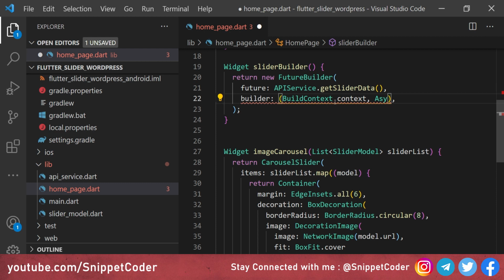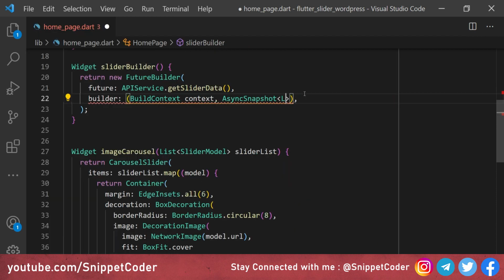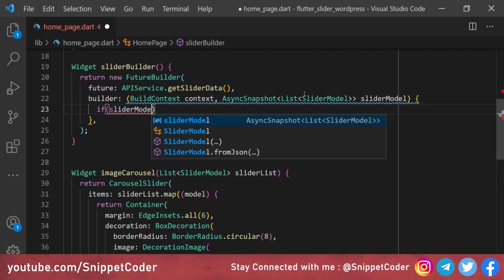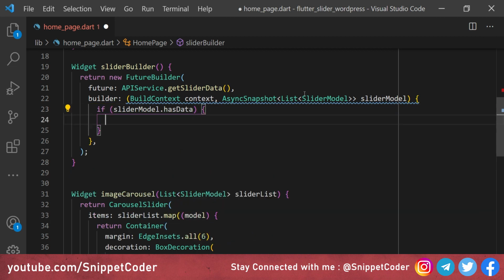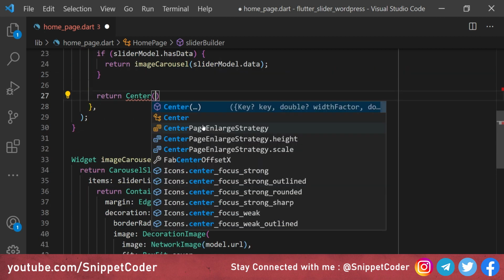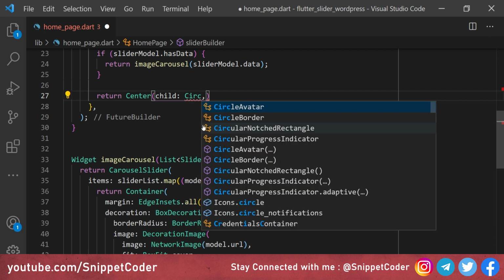Then we have the AsyncSnapshot, and here we will have List<SliderModel>, and here we will check if sliderModel.hasData. Then we will return the image carousel, and here we will pass the list sliderModel.data, and by default we will return Center CircularProgressIndicator.